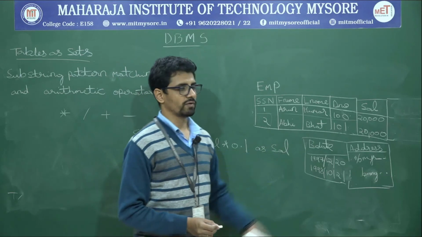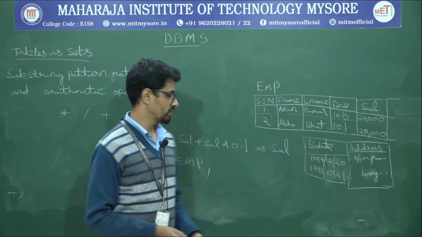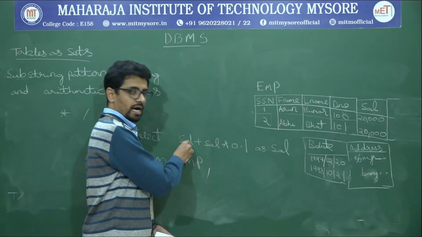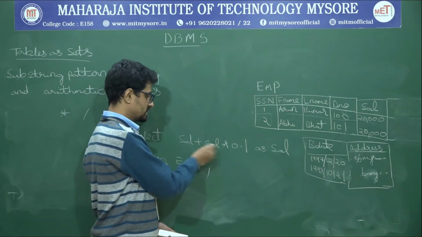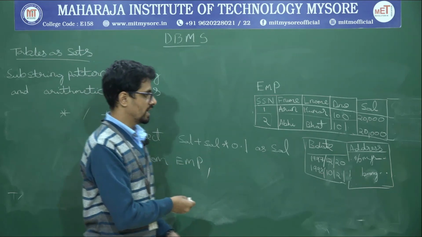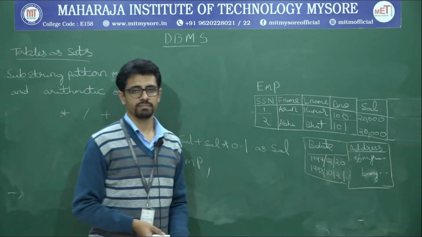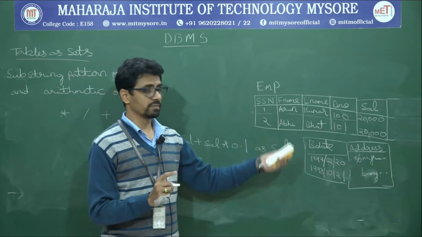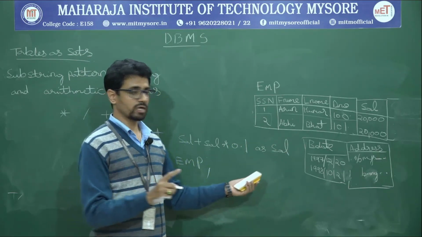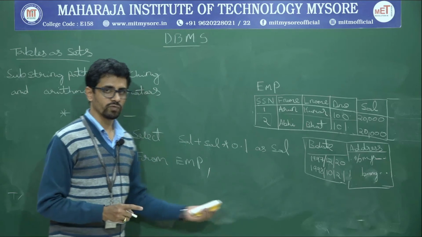Okay, the salary right now is 20,000. I have taken the 10% of it and added it to the actual salary. So 20,000 plus 10% of it has been added, and it will be incremented in the salary. Whatever output you get is not in the actual table. If you want to update the actual table, you need to use the update command. But right now, I am generating an output view.